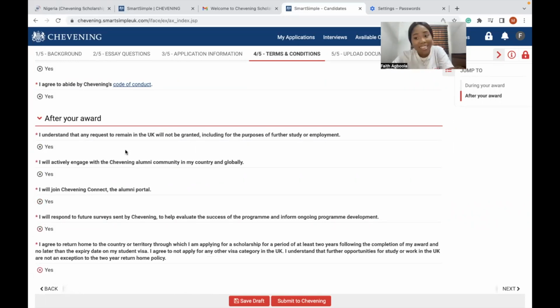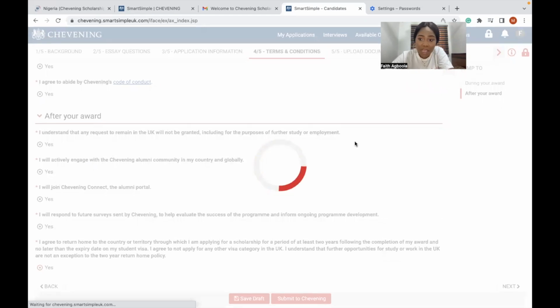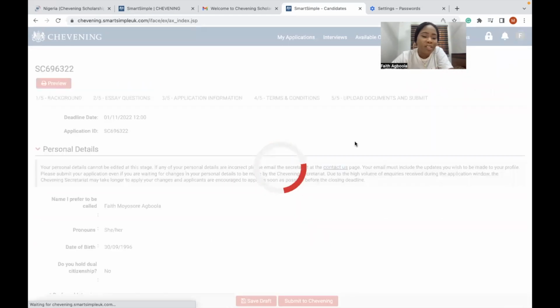So, guys, you can see that they are very serious on these 2 years. So, please don't bother if you are not ready to return to your home country, because they keep asking you, so that when eventually you now want to stay, they will remind you that you said yes, in all this period. So, don't bother if you're not ready to return. Anyways,